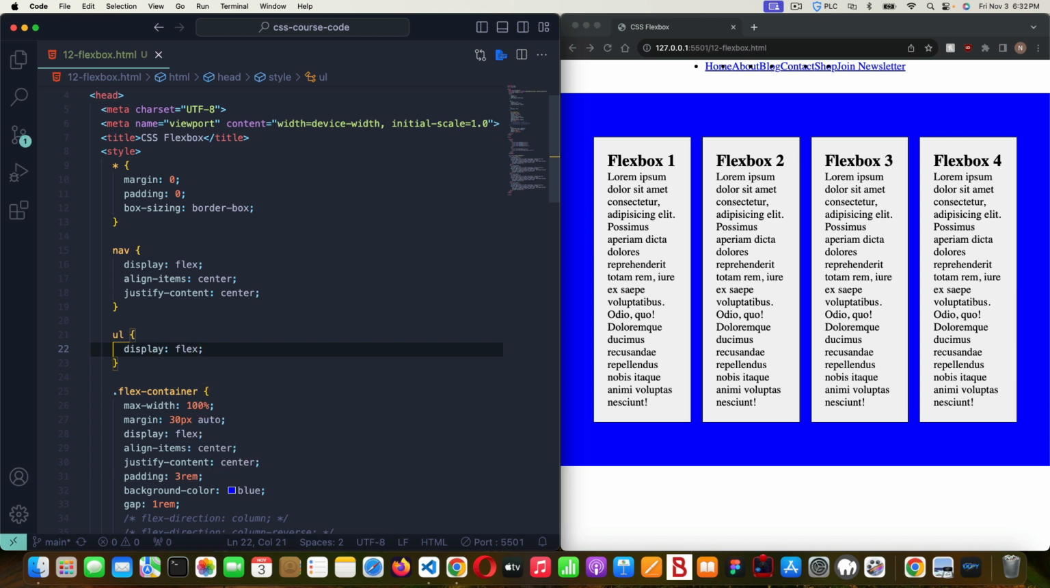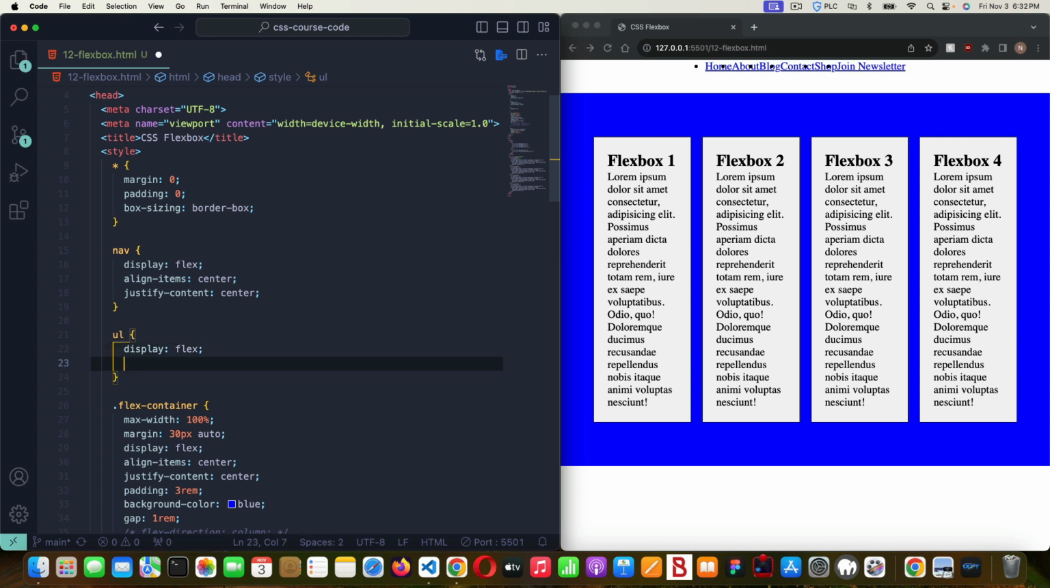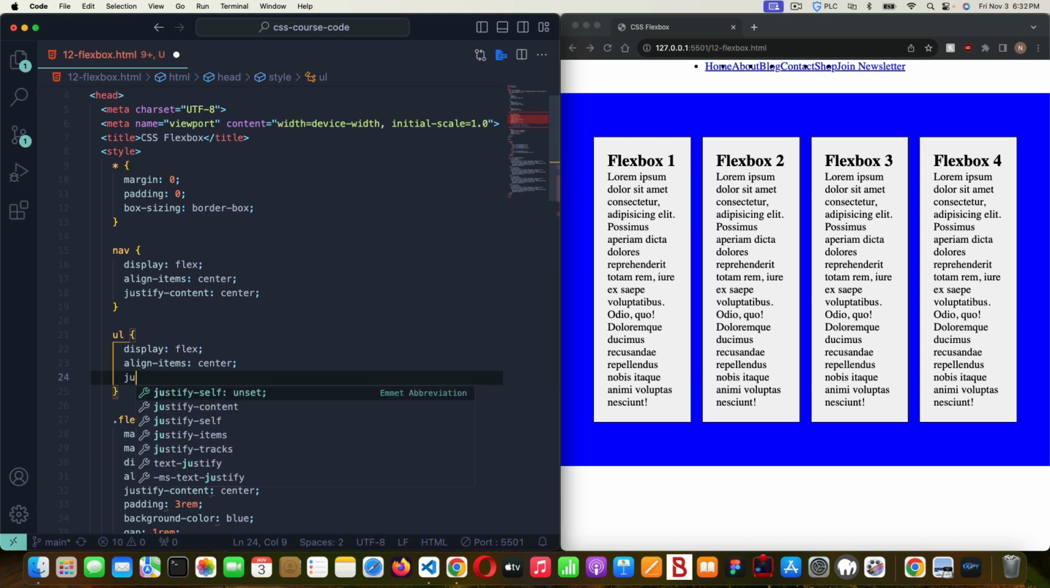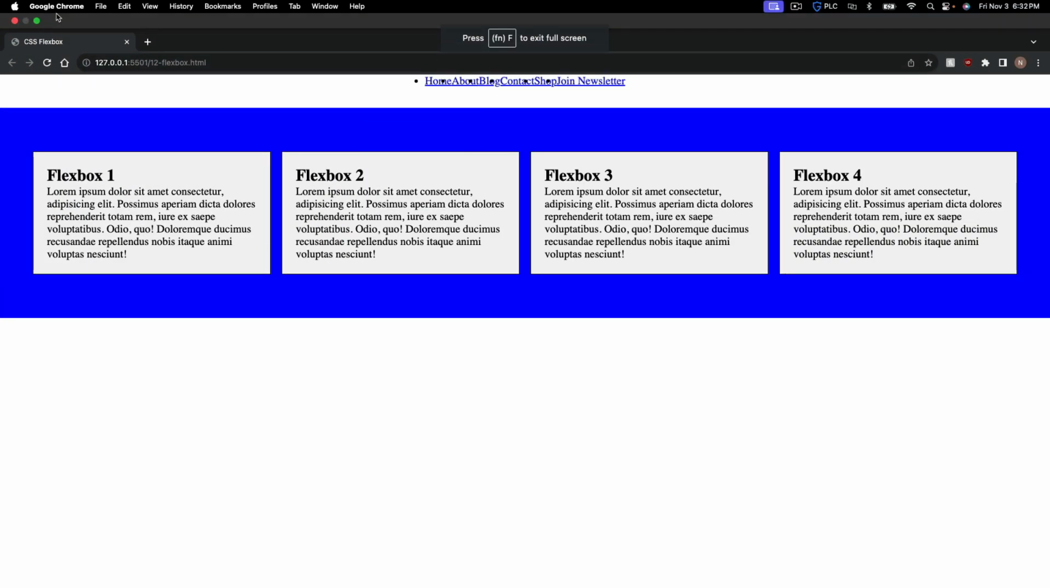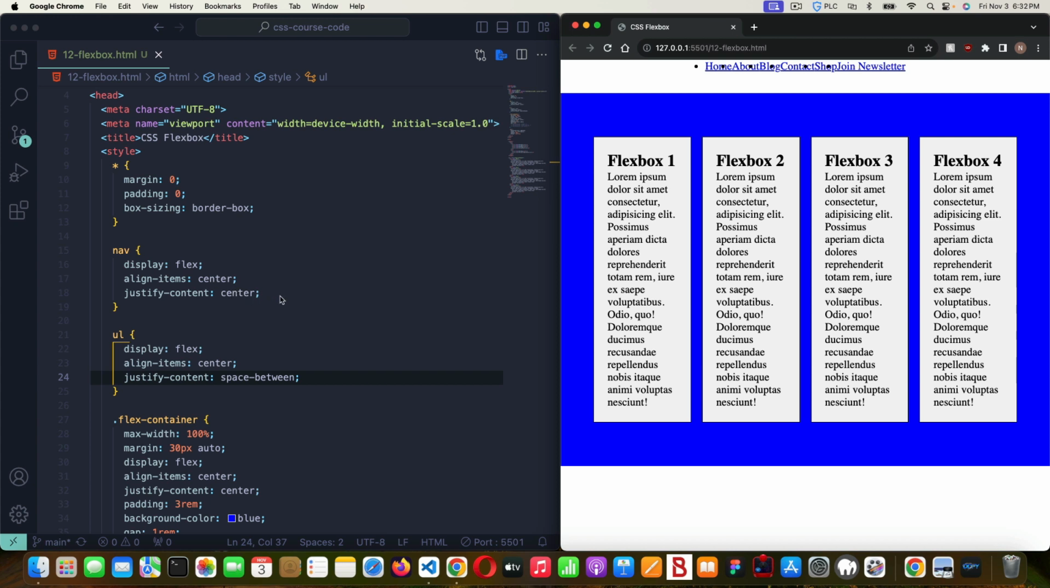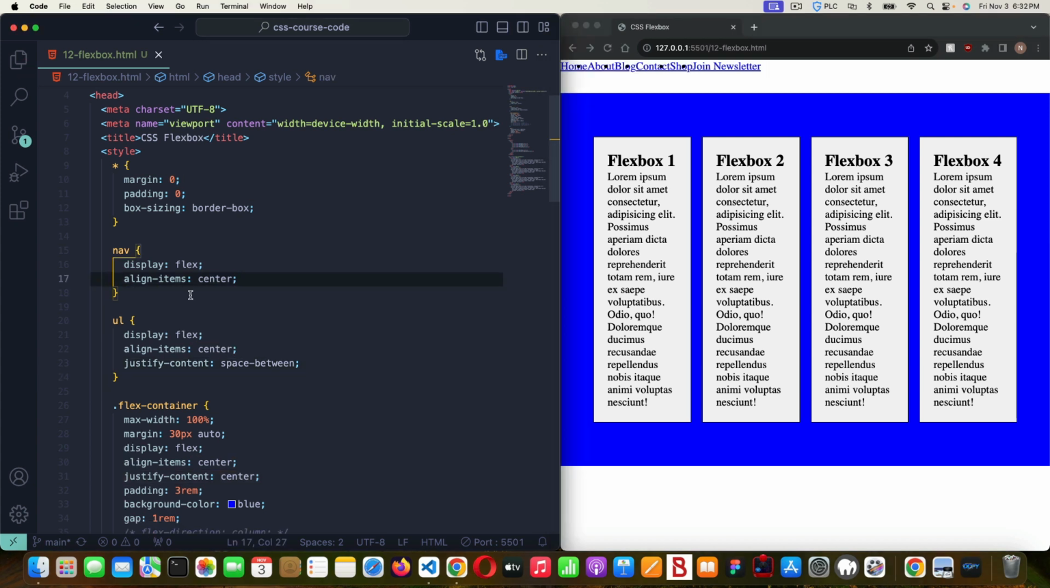Now it's all just kind of crammed together because we did justify content center. So we'll do align items center. And this time on these ones, we're going to do justify content space between. And we'll see what that does here. Oh, hang on, guys, I messed up. 1 second. We'll get rid of this justify content center. And we're actually going to put our, sorry about that, we're going to put our justify content